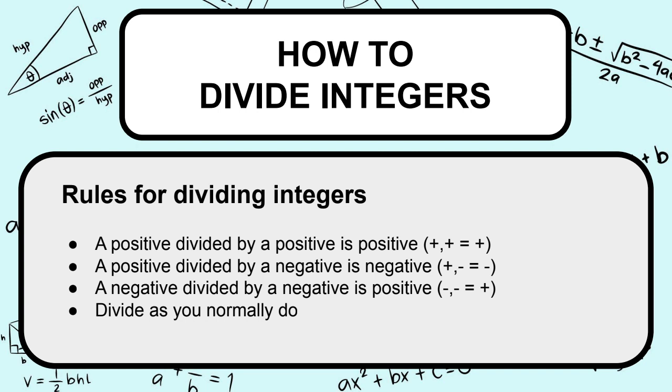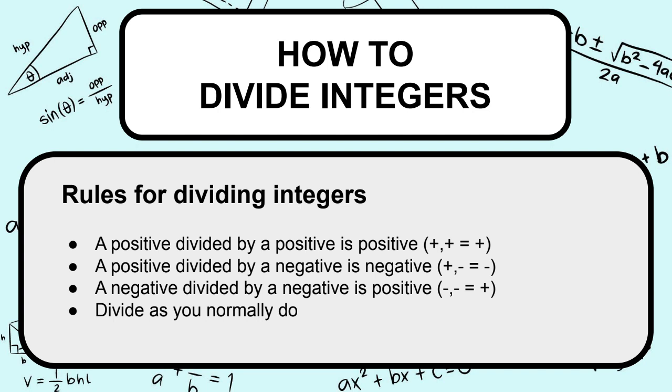So let's use those same numbers. 10 divided by negative 5, well, we already know the answer is 2, but in this case, it's negative 2 because we have a positive divided by a negative. The reverse goes too. If it's a negative divided by a positive, that's the same thing. So if it was negative 10 divided by negative 5, you would still end up with negative 2 as your